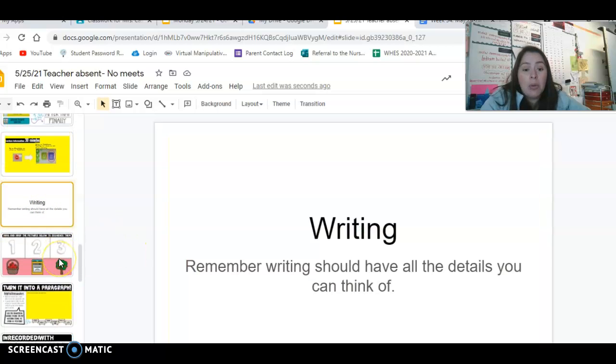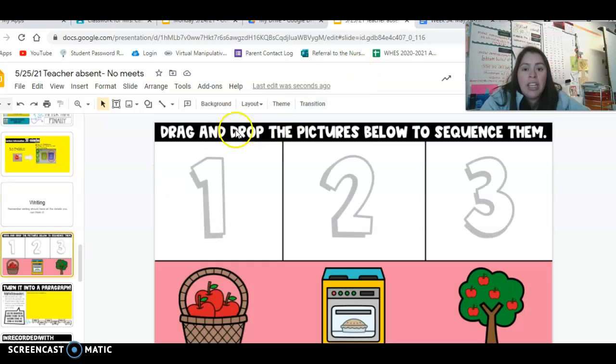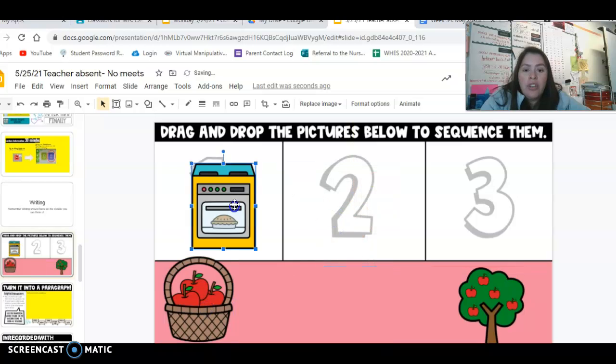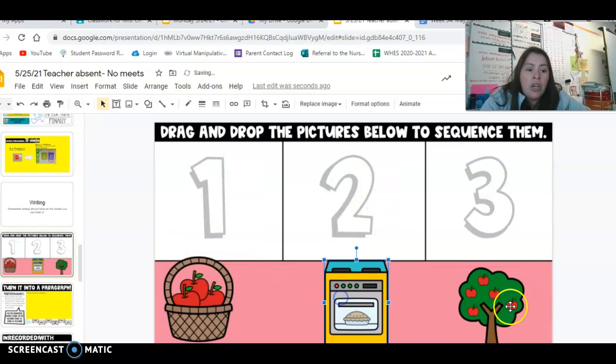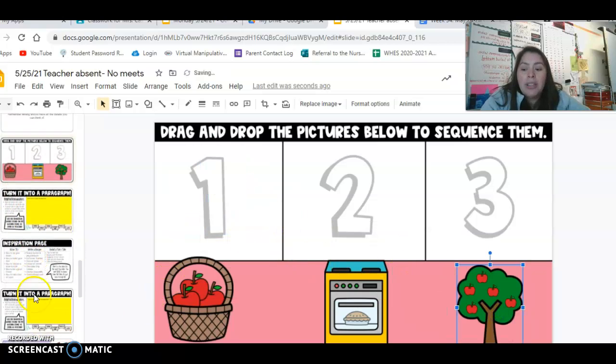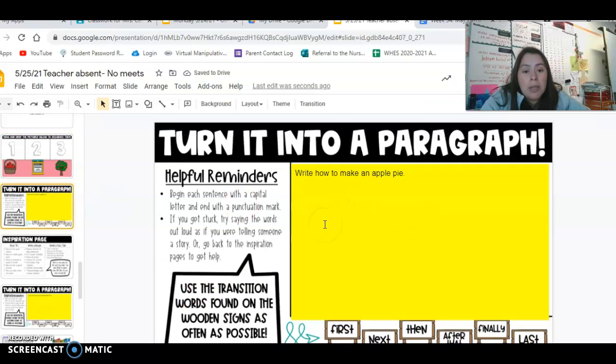Then you can come back and work on writing. Remember, writing should have all the details you can think of. Okay, drag and drop the pictures below to sequence them. So what would go first to make an apple pie? Would you have a basket first? Would you have the oven first? Would you have the apple tree first? So go ahead and drag them in the correct spots and then write to me how to